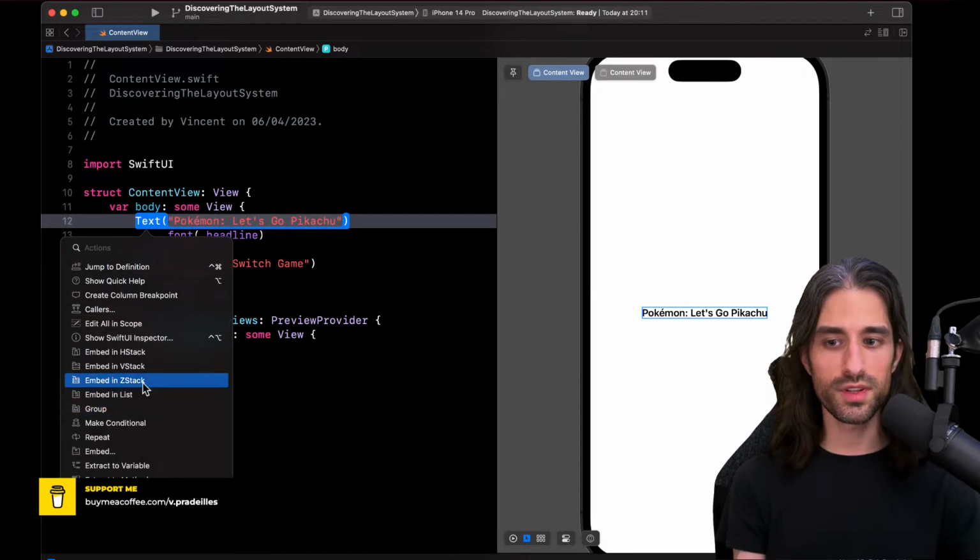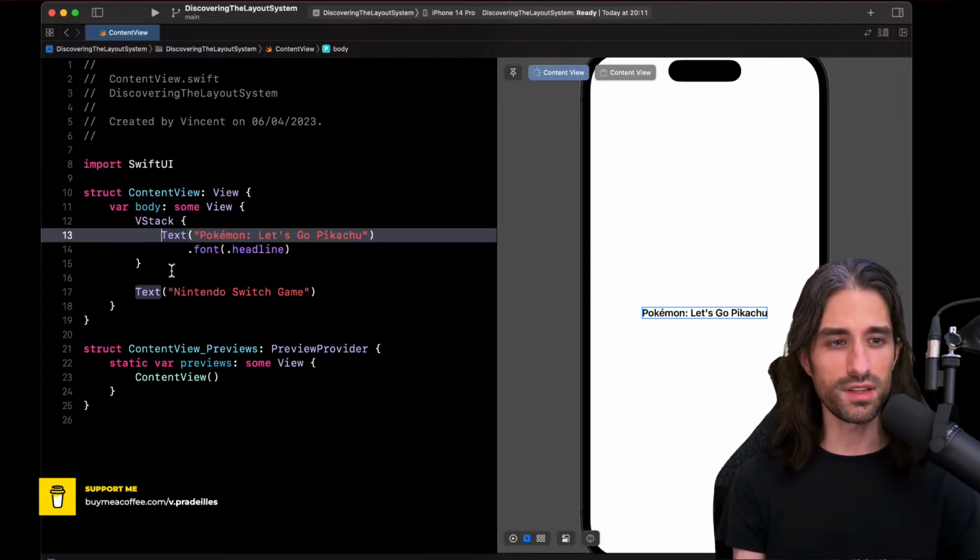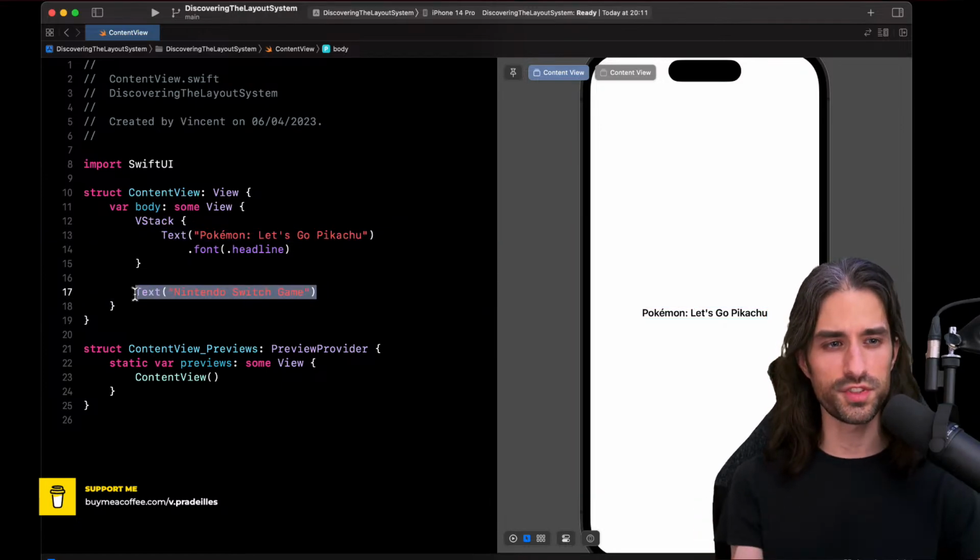Here we are going to use embed in VStack, and you can see it did the job of putting it into a VStack. It's just a little helper. You can absolutely type it out and move the code yourself. I just wanted to point out that this is possible.